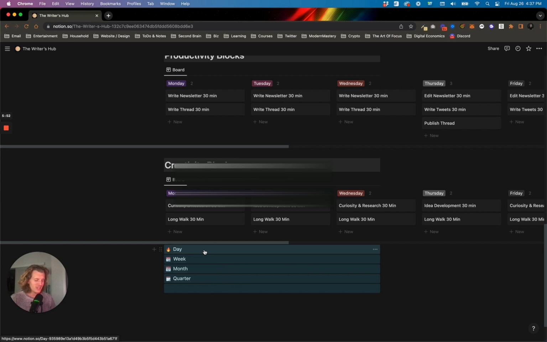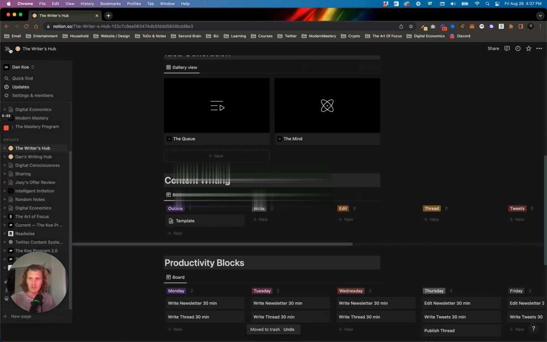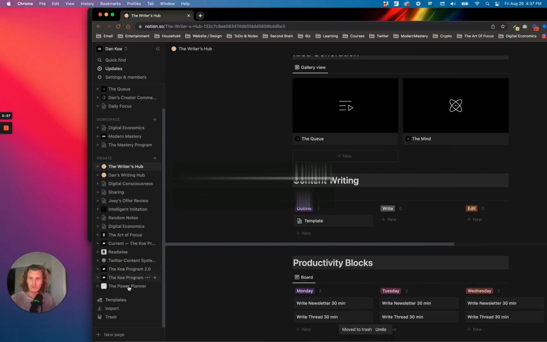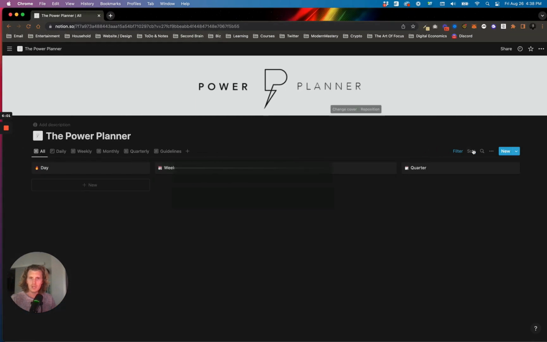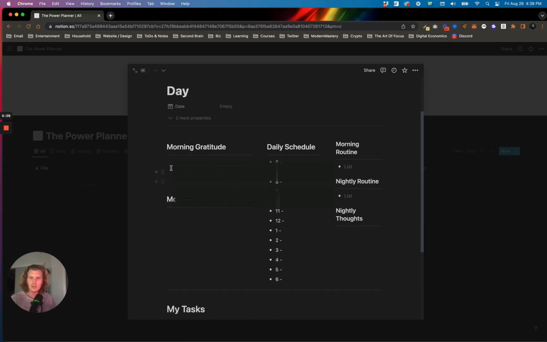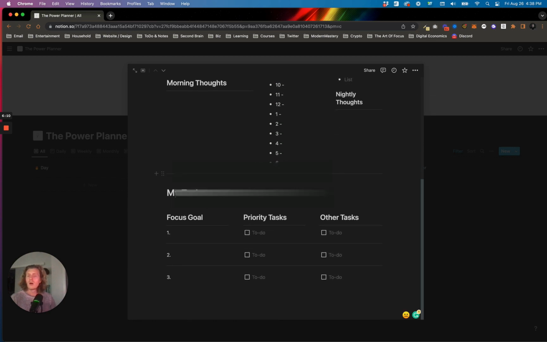But you get the gist, right? And you can keep it separate too. You don't have to have it in here, but that's just my way of keeping things productive. So if I have this in here, it's the same deal where you can create quarterly, monthly, weekly, daily, and then in the daily, you can do morning gratitude or,